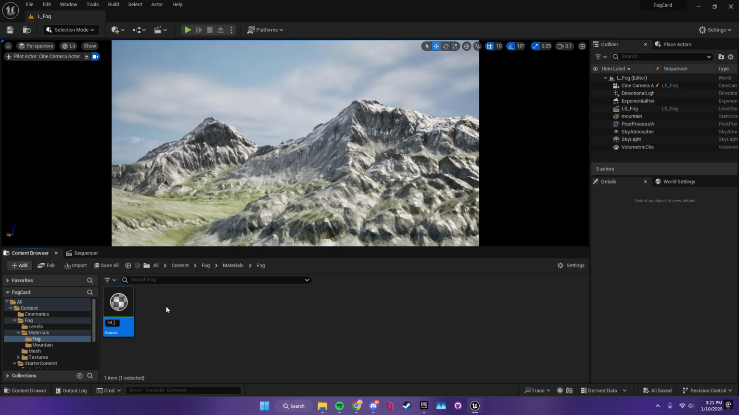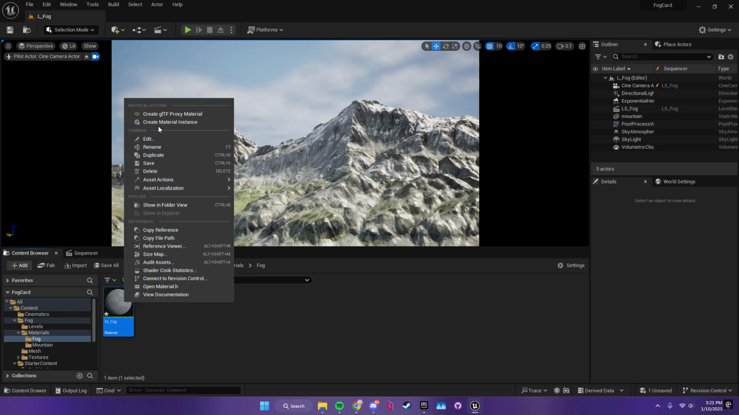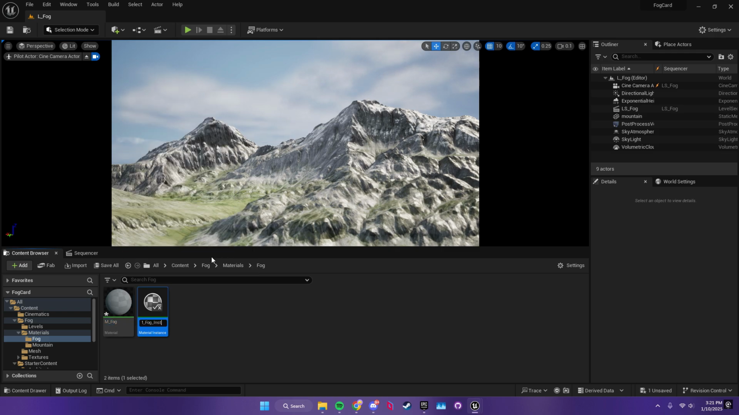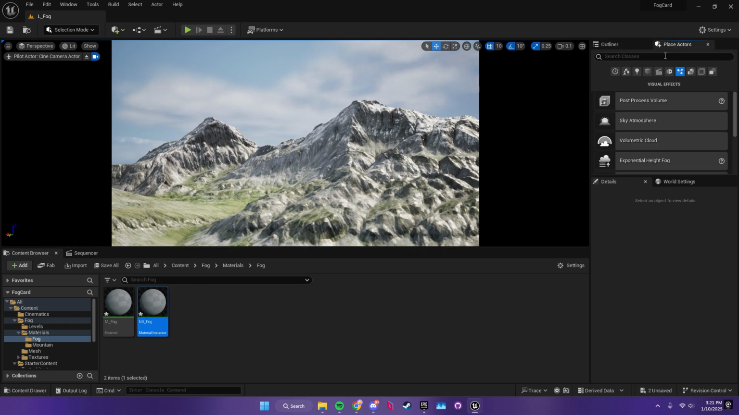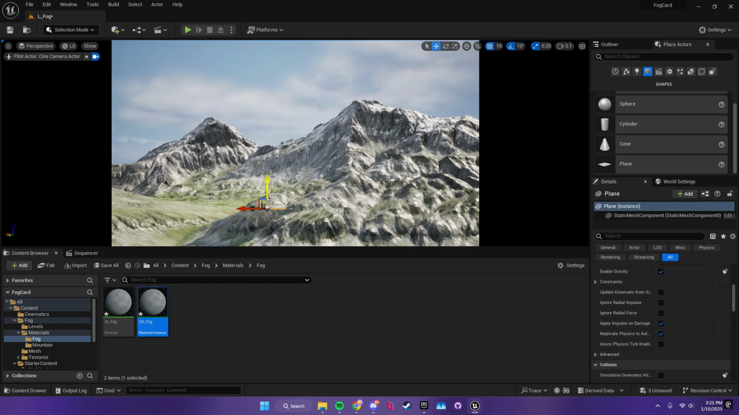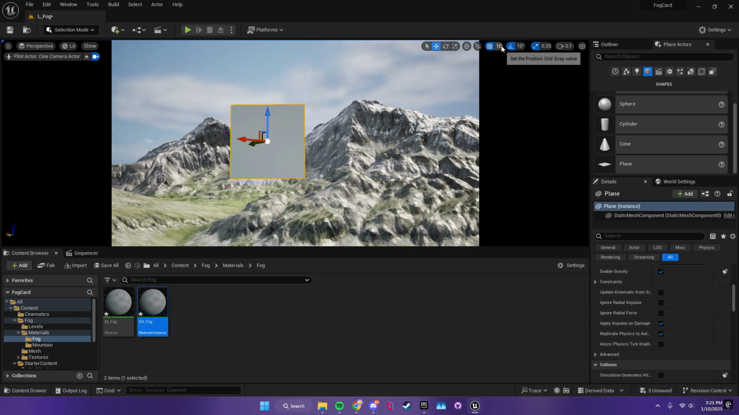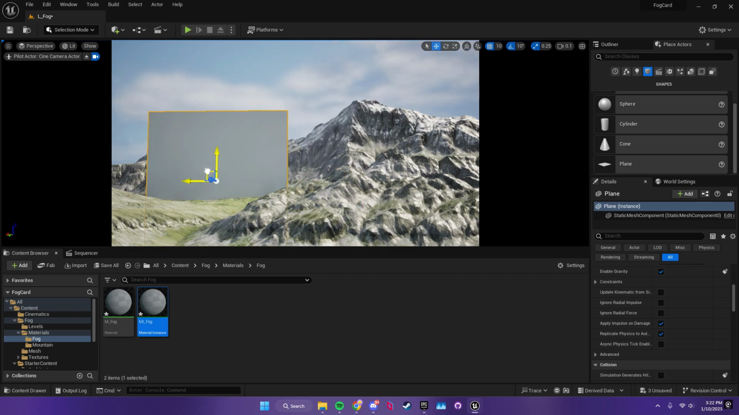Okay, next I'm going to create a material and name it m_fog, and create an instance of that material and name it mi_fog. Next, I'm going to bring in a plane and position it accordingly. Scale it up, rotate, and position. Scale again if you need to. Now, once the position is set,